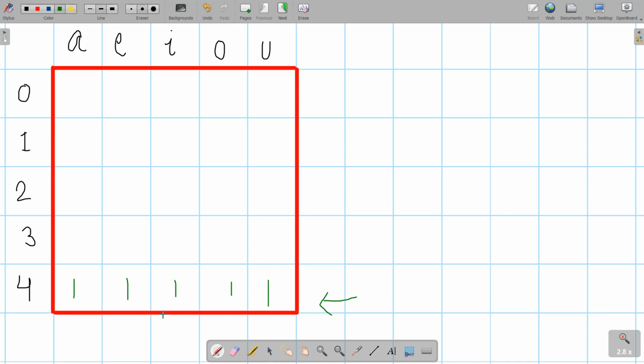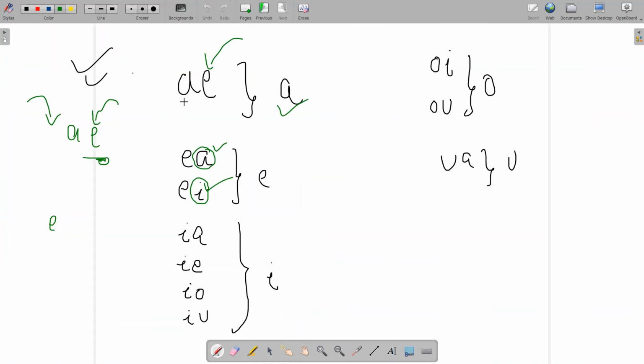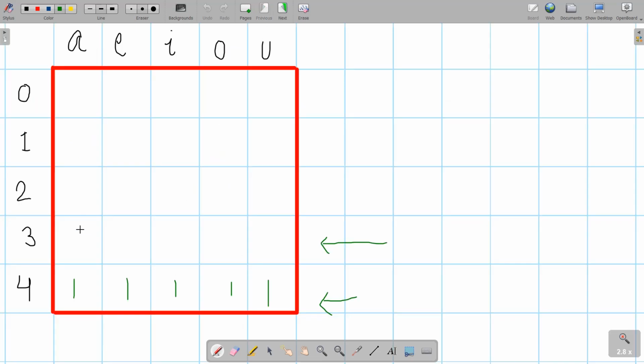Now let's fill up this row. If my current character should be A, what is the next character according to the conditions?